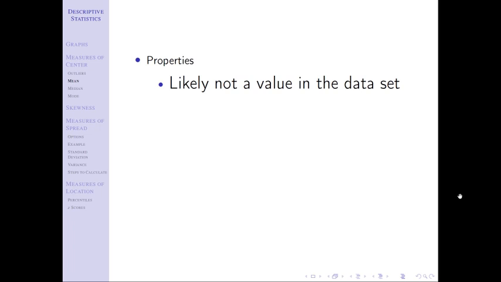The second property is that it is not robust or resistant. So going back to what we just talked about, that means if we're dealing with means, we have to be a little bit concerned about the presence of outliers because it could cause problems and it could lead us into that, I don't really know how to handle this situation, which we said we wanted to avoid. We'd like to use statistics that are robust or resistant.